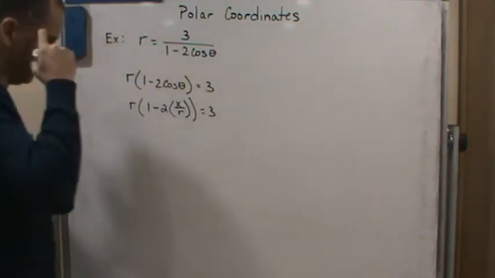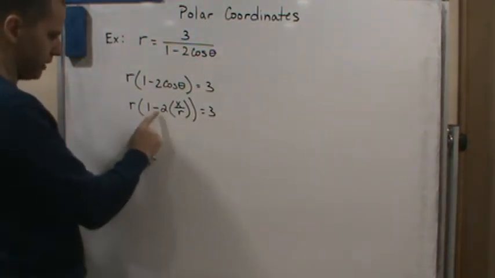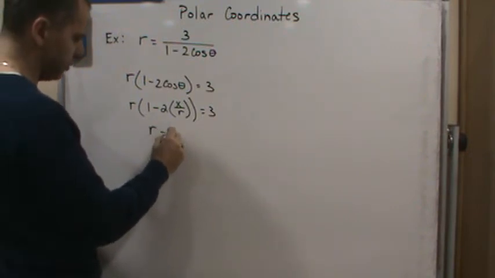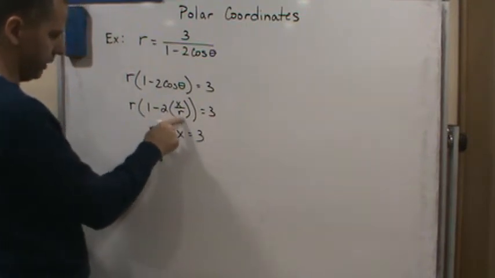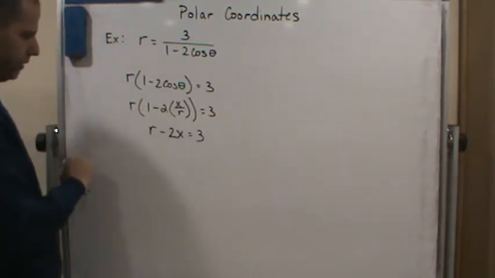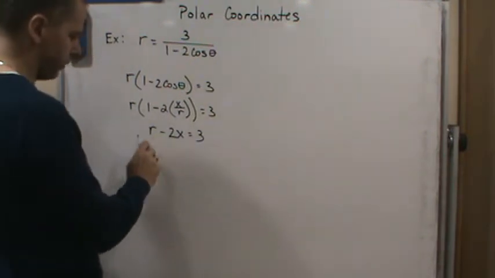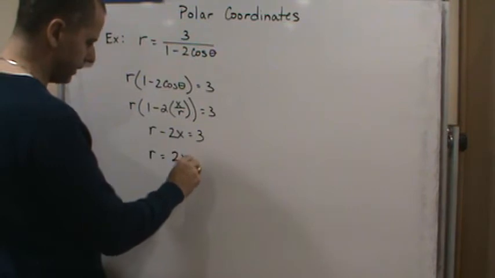equals 3. And now I'm going to distribute the r across the subtraction, and I'm going to get r minus 2x equals 3. So the r here cancels with the r here when I distribute. Now I'm going to solve for r, and I get r equals 2x